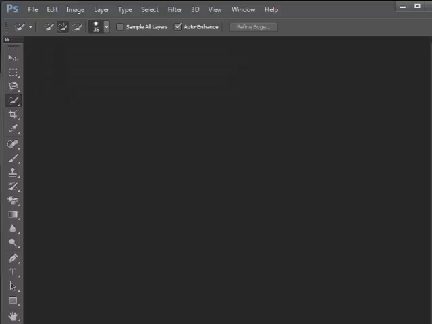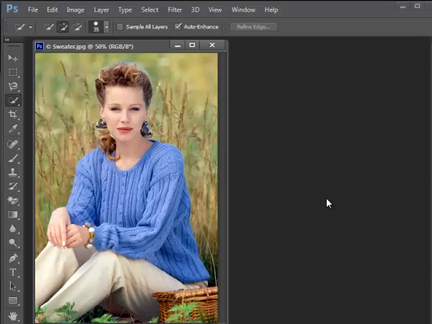Next, let's open up the one called Sweater. Let's say that you are a graphic designer and you are working on a catalog for this company, and this company produces these sweaters, and maybe these sweaters come in a variety of different colors, and you want to illustrate that in your catalog. So what we're going to do is change the color of the woman's sweater without changing any of the other colors in the picture,